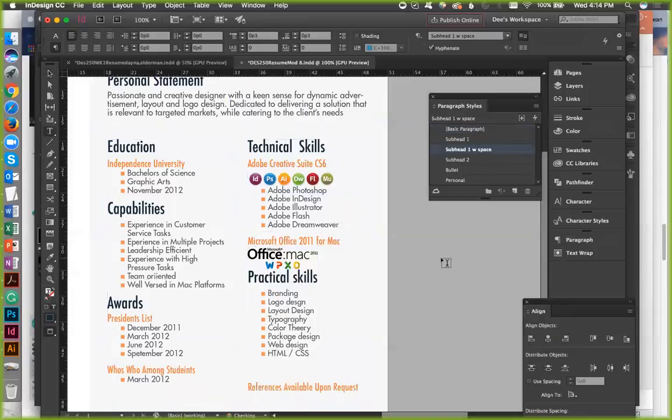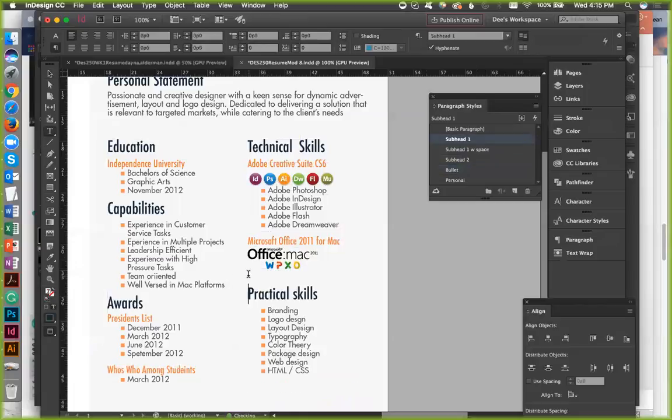That's too much space. That's a subhead 1. It's a subhead 1. Oh, because there's no. Okay, that's fine.